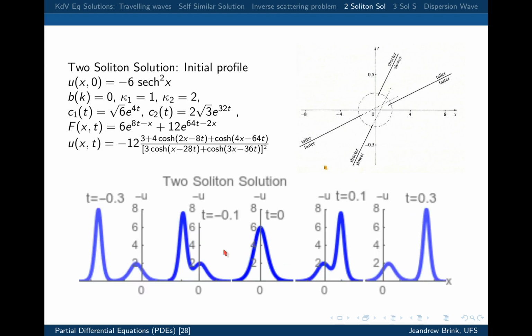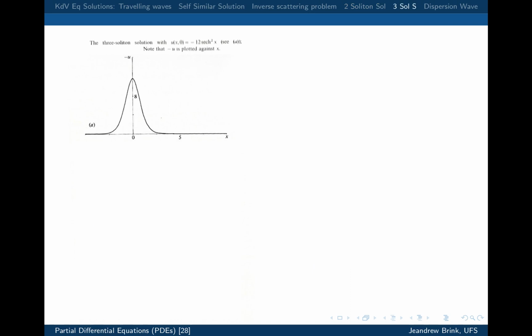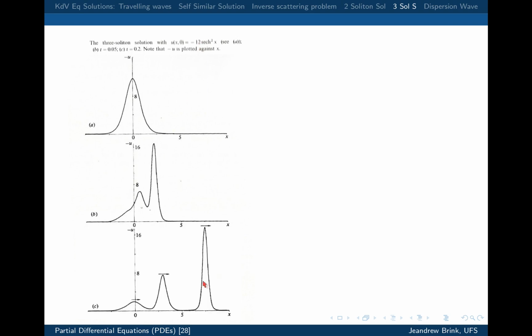Let's go on. Okay, so that's just a summary slide for the picture. Here is just an example. Our first potential was -4. This potential was -12, so it's an even higher amplitude. And that potential I've also chosen so that it's n times n minus 1. So that one then breaks into 3 solitons, each with their own speed, and those will just